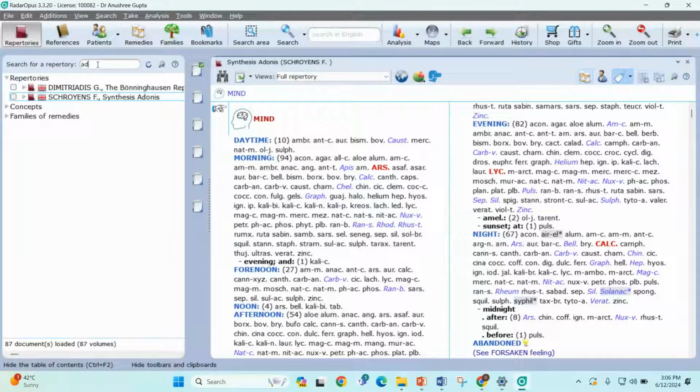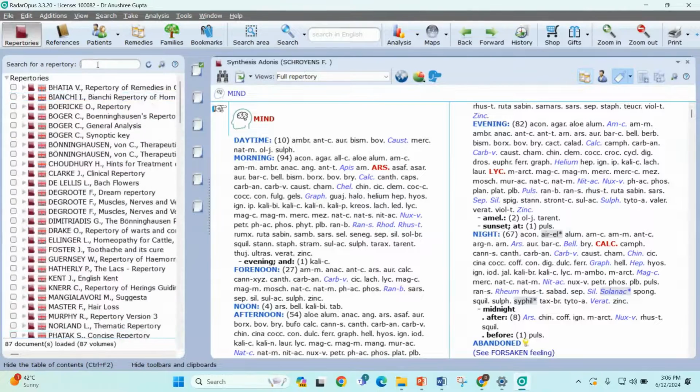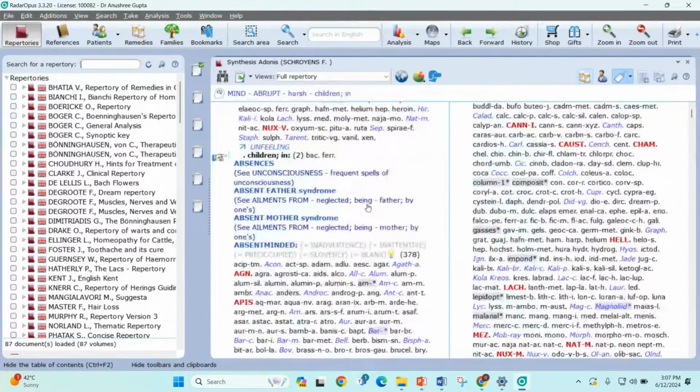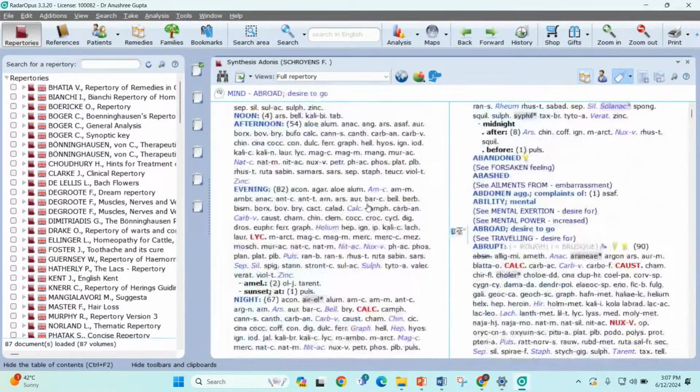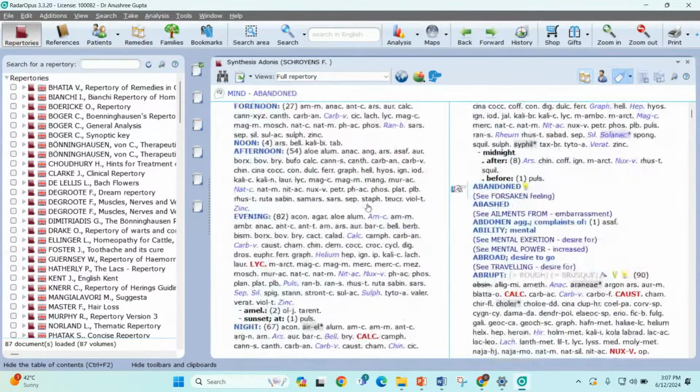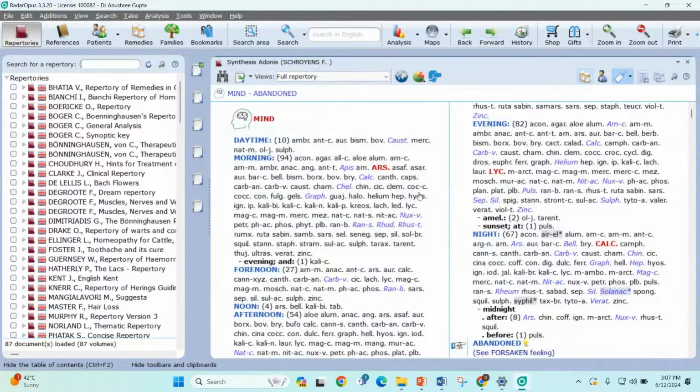The Synthesis Adonis repertory is the successor version of Synthesis Treasure Edition 2009 that consists of about 1.5 lakh rubrics, about 3,500 remedies, and about 1,600 plus author references. Synthesis Adonis comprises COVID-19 rubrics, pediatric rubrics, pathological journals, and veterinary rubrics. The Mind section has been expanded a lot in the Synthesis Adonis repertory. It consists of many rare remedies that have been confirmed after their clinical verifications. So these were some features of the Synthesis Adonis repertory.